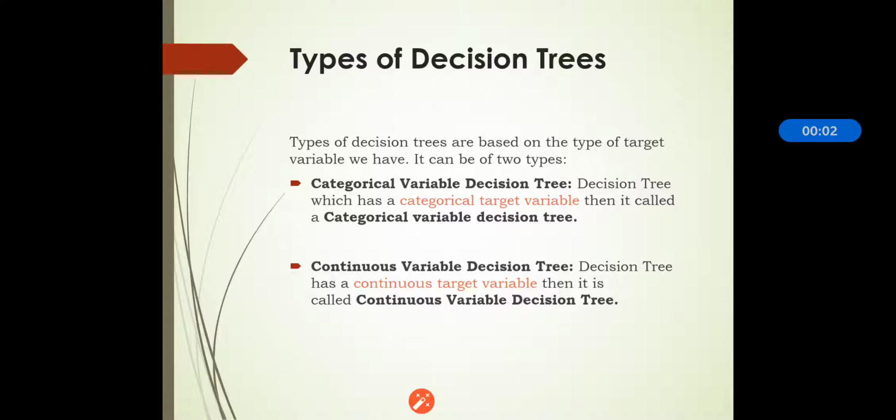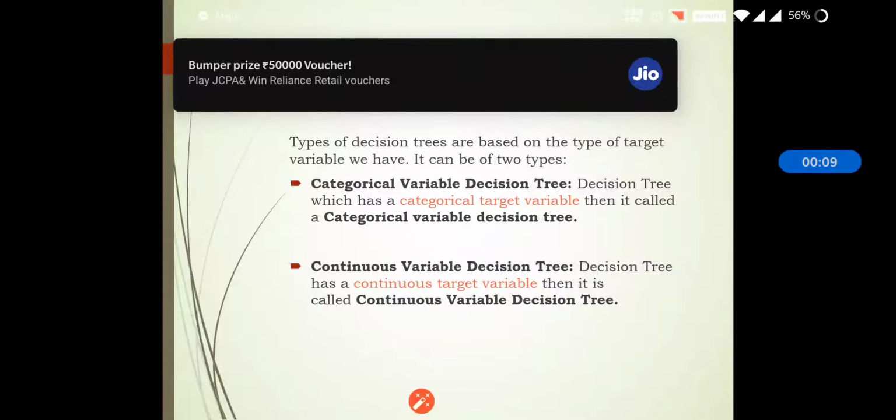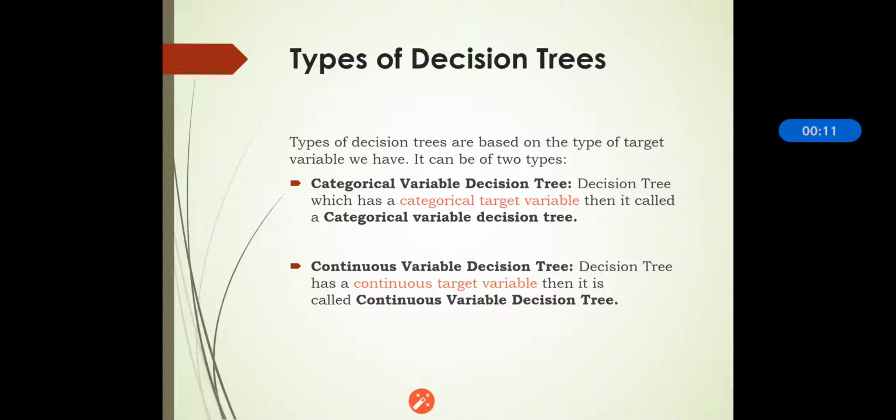So in our last section we have seen the ID3 algorithm, and now we will see the types of decision tree. First, what is a decision tree? A decision tree is a structure where each branch node represents a choice between a number of alternatives, and each node represents a decision. It is a supervised learning algorithm which is used in various classification algorithms.